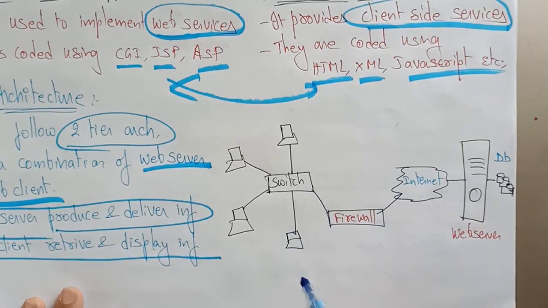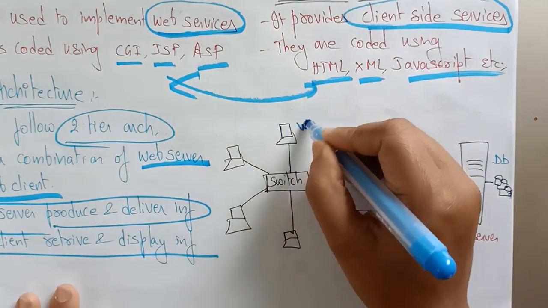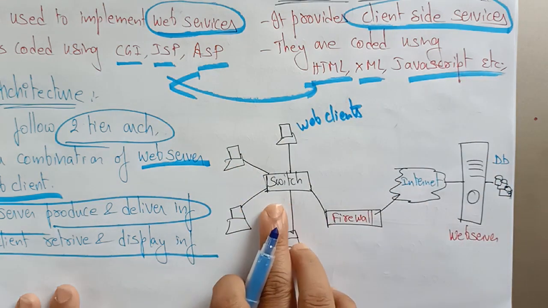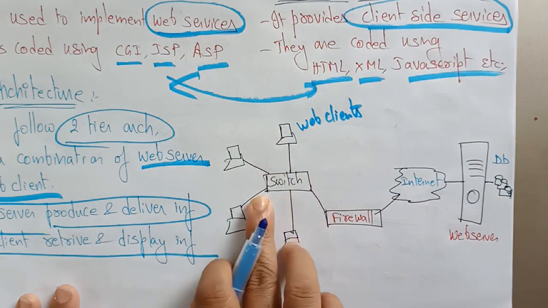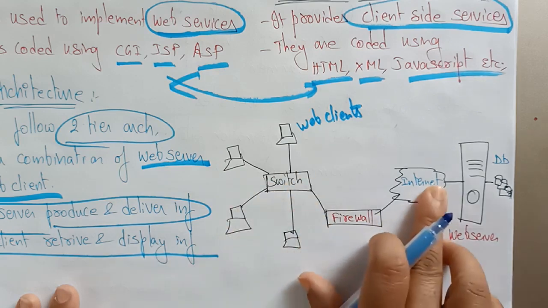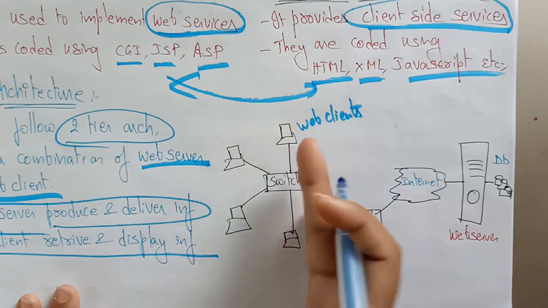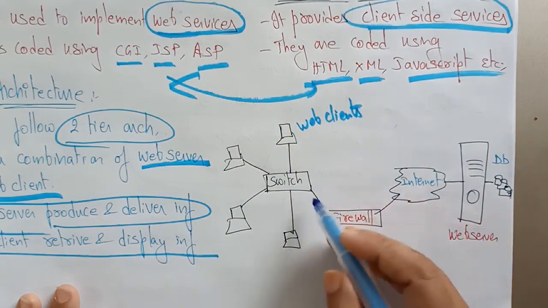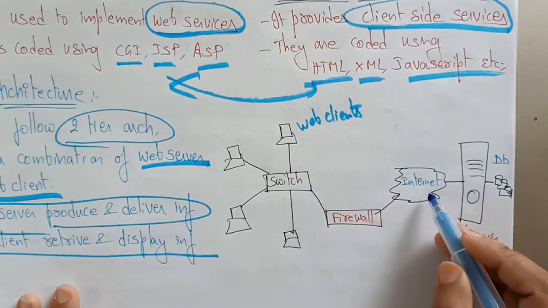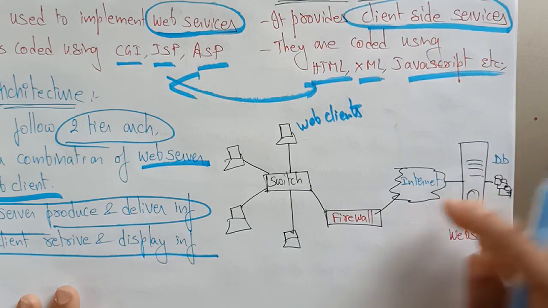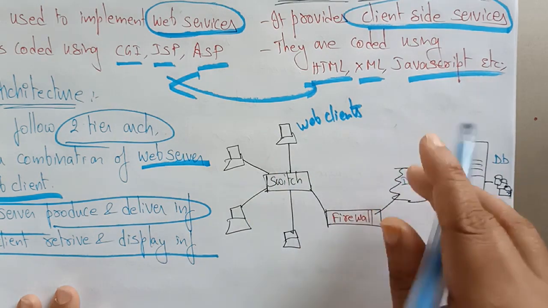See here, these are all the web clients. The web clients are all connected from the local network through the switch and router. A firewall is present between the router and the internet for security purposes. The internet is present here and here. And here the web server is there. So here the web client retrieves